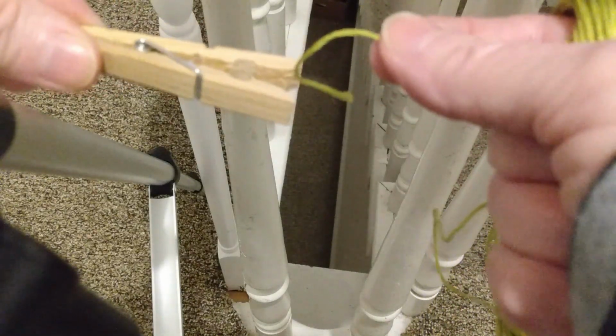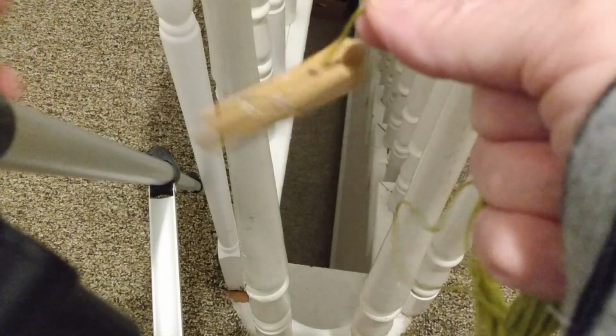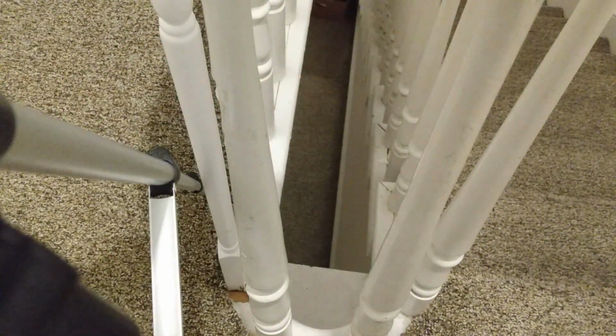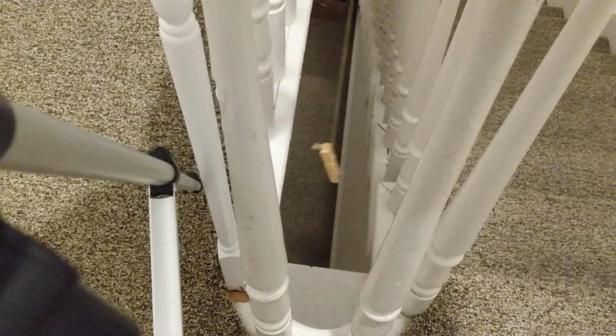Okay, so I'm going to try to do this just with the camera on a tripod, so it's going to be kind of awkward. Just bear with me. I'm going to first clip the end of the floss. So I'm going from the second floor. You can see I'm going to let this hang down